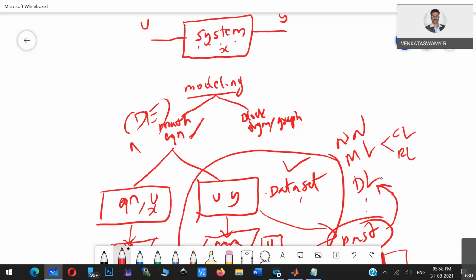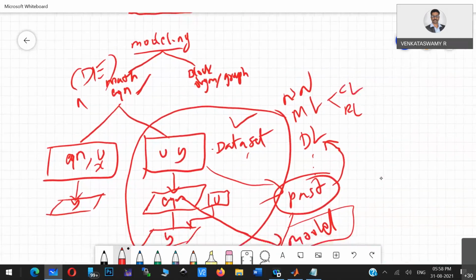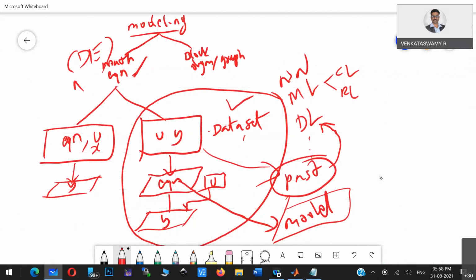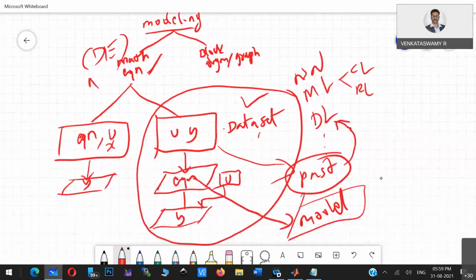So the mathematical model is very difficult. Now this is the easiest and a very good method to define your system. Whatever problem you have, you can solve it using this technique. That is the point where you can use neural network, machine learning, and deep learning toolboxes.